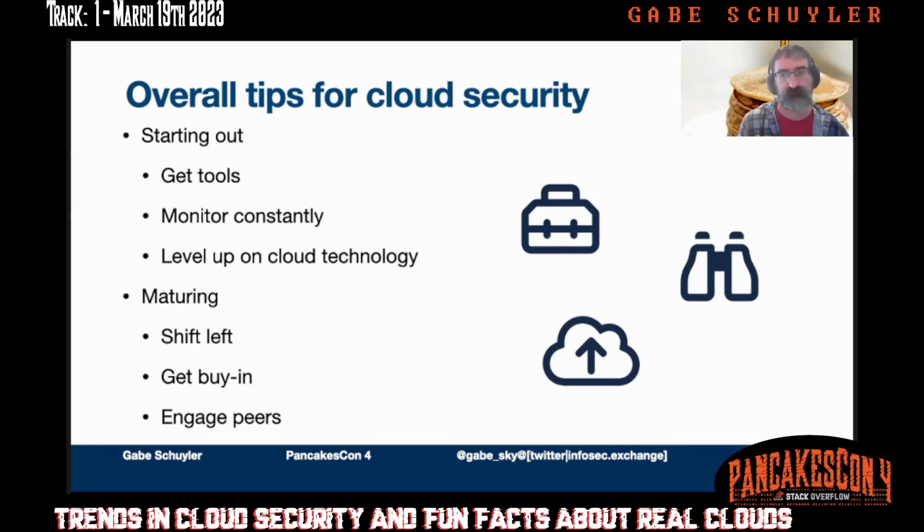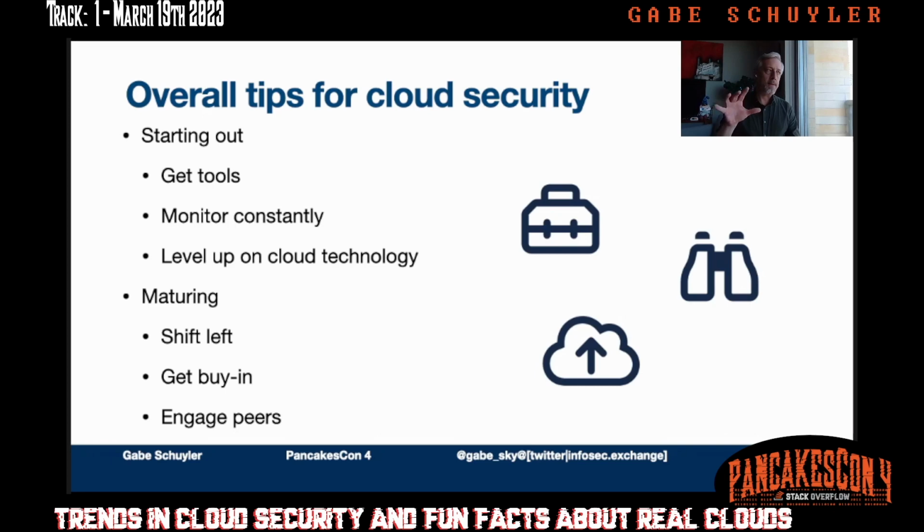CSPM stands for Cloud Security Posture Management. And that's the part of the shared responsibility model that's how you configure things. So there are tools, commercial and open source, that will assess the configuration of your cloud looking for security issues. And then CIEM is cloud infrastructure entitlement management, and that looks at identity and susses out the way that service accounts or users or workloads themselves can use the cloud on their own to